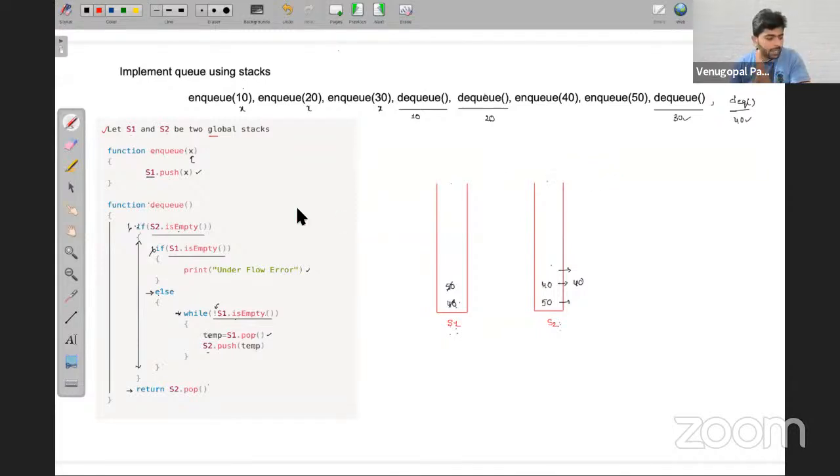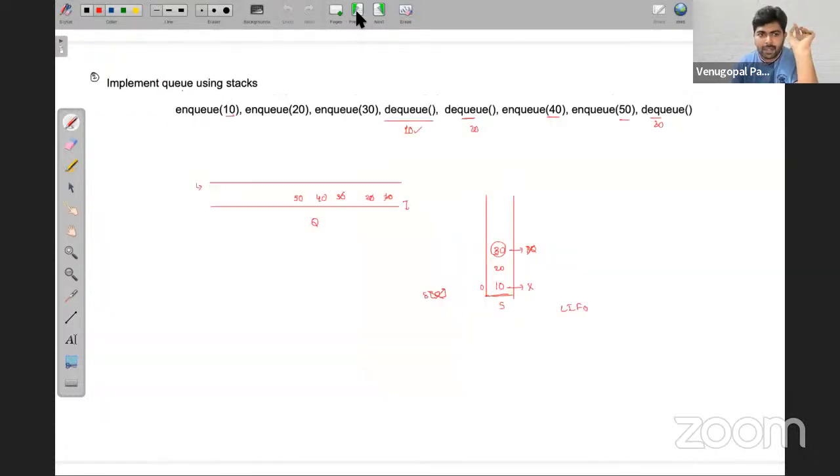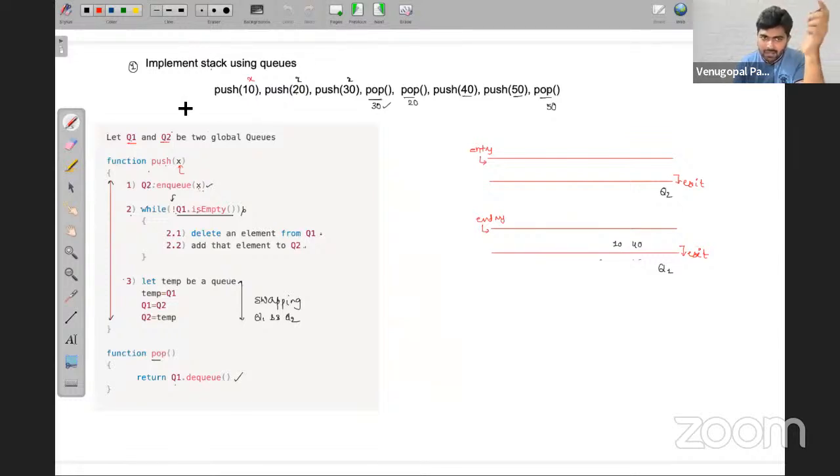But my concern is you should not get confused between the previous one and this one. The previous one is implementing a stack using queues. When you are implementing a stack, you implement push and pop. Here we made the push operation more costly, meaning it takes more time compared to pop.